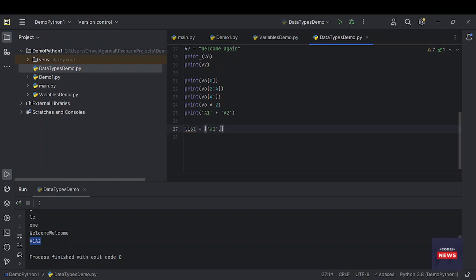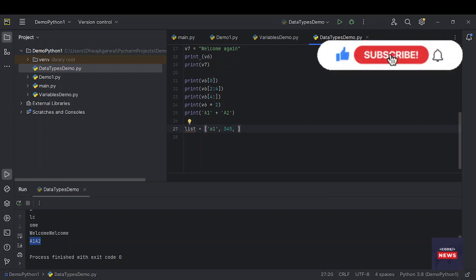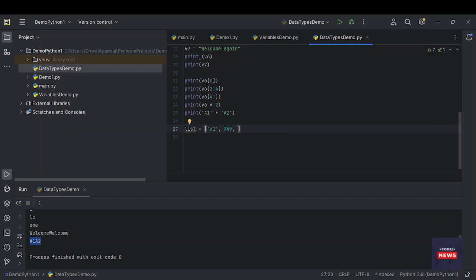Then I'm taking numeric value as a second item. Again I am taking a string item. Then I'm taking some value as a float type. Okay,